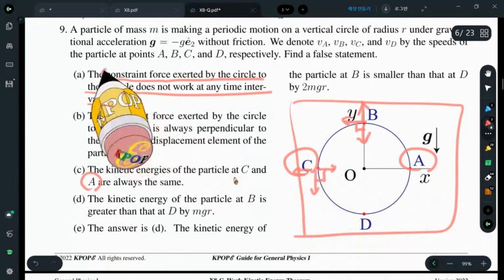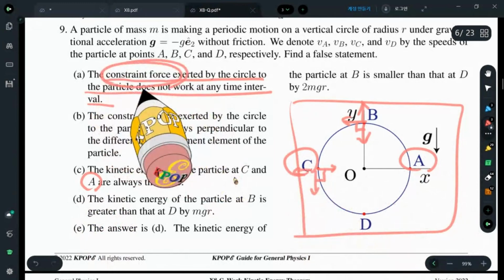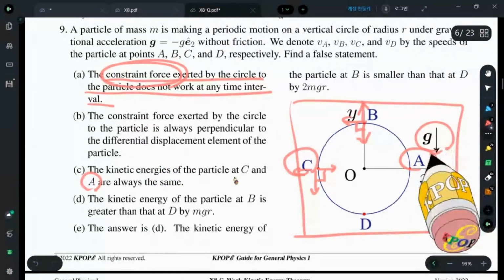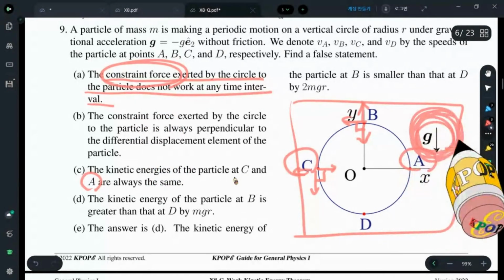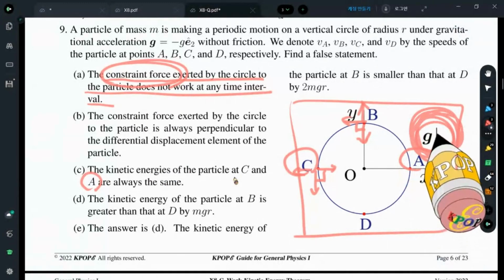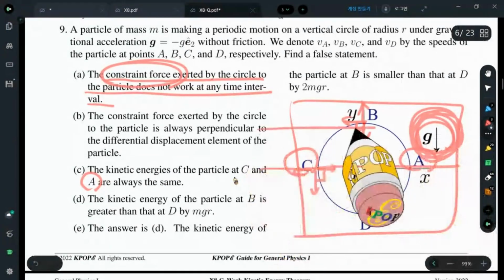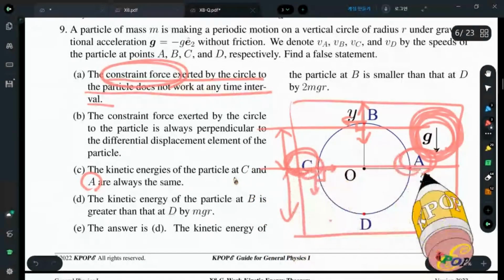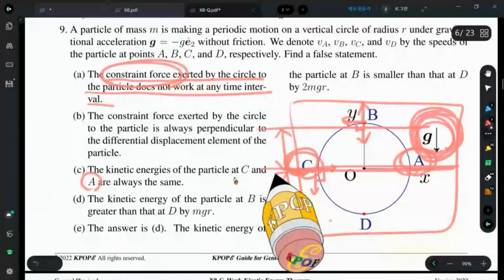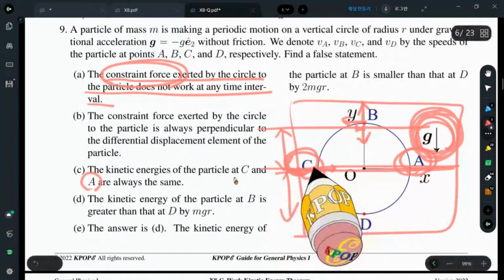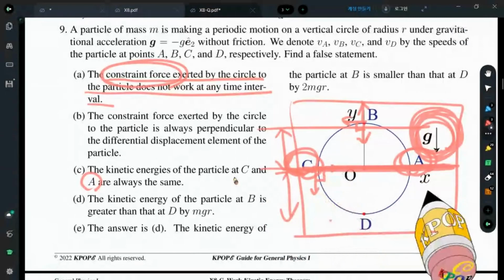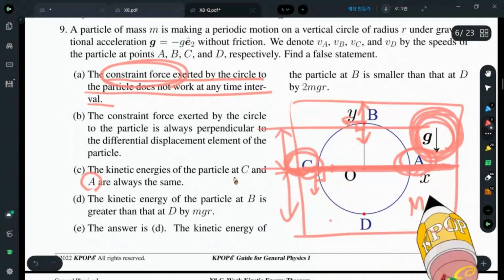In here, because the constraint force does not work, the only remaining force is the gravitational force. And we will learn that the gravitational force is conservative. Work done by a gravitational force depends on the difference of height, and these two points are of the same height. Therefore, there is no change, as long as F equals mg